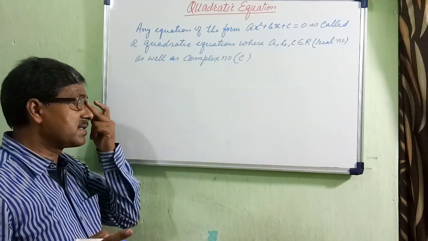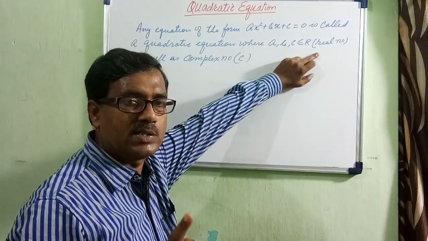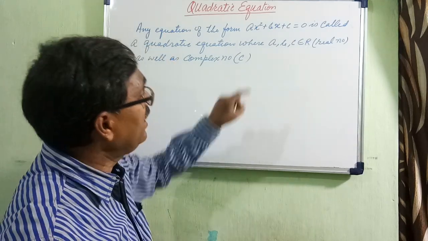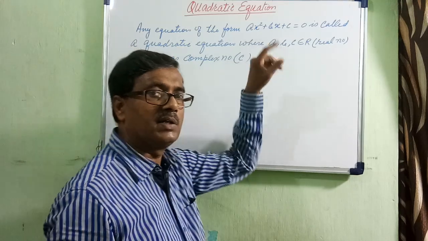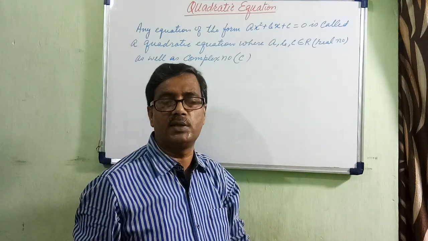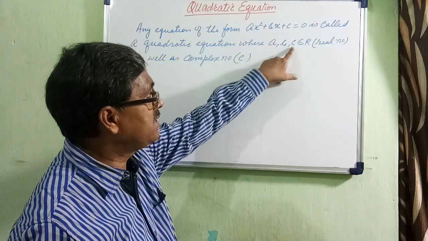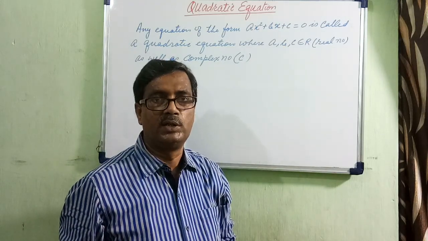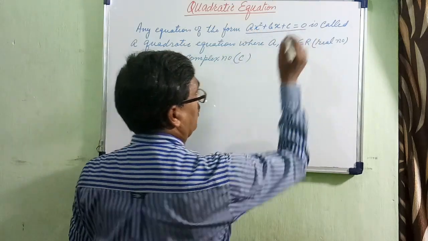So remember, in class 10 we were concerned only with real numbers. The coefficients a, b, c must be real numbers. But now, even if they are real numbers, you cannot get the answer so easily, and so you have to find the answer in the I form. Or sometimes it happens that a, b, c can be in the form of imaginary numbers. Understood? So this is what we call a quadratic equation.